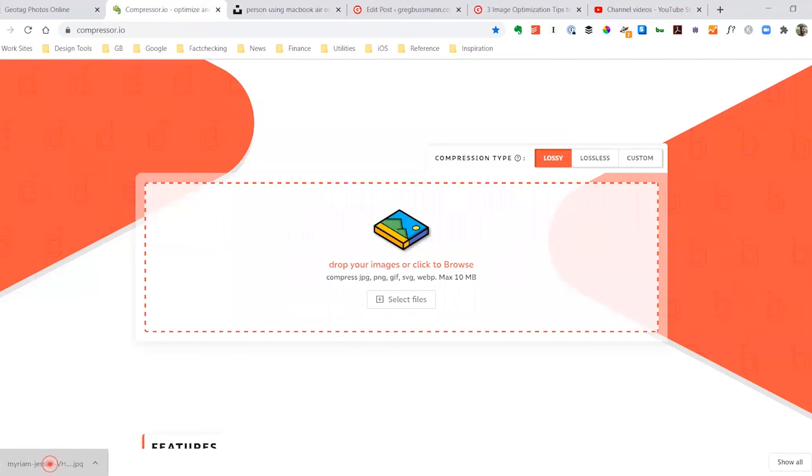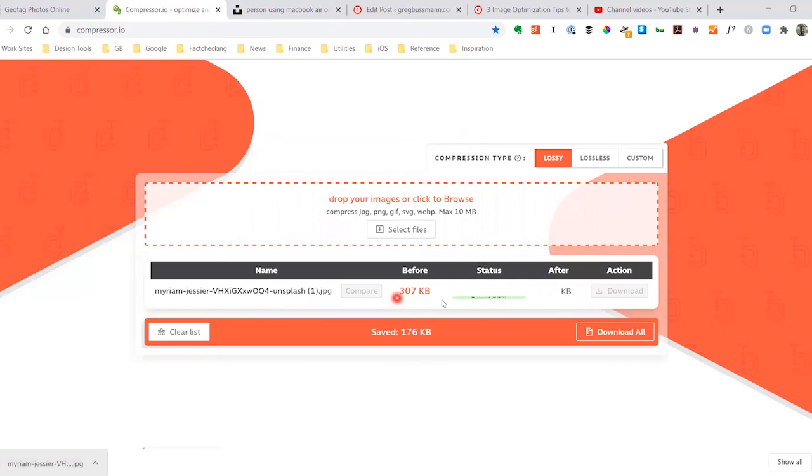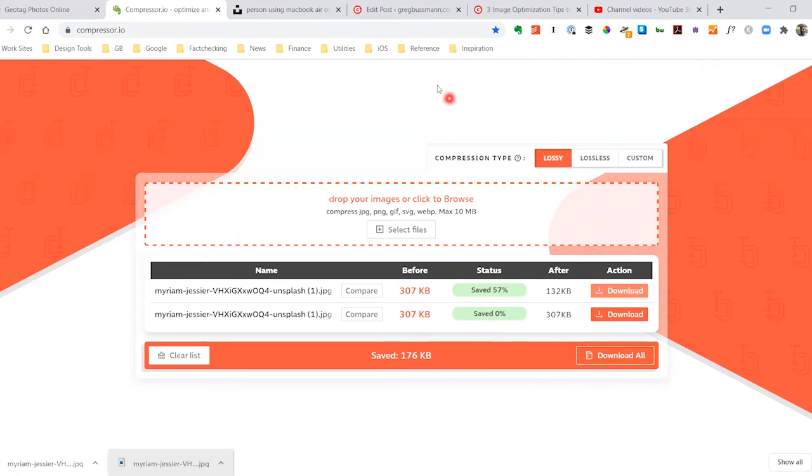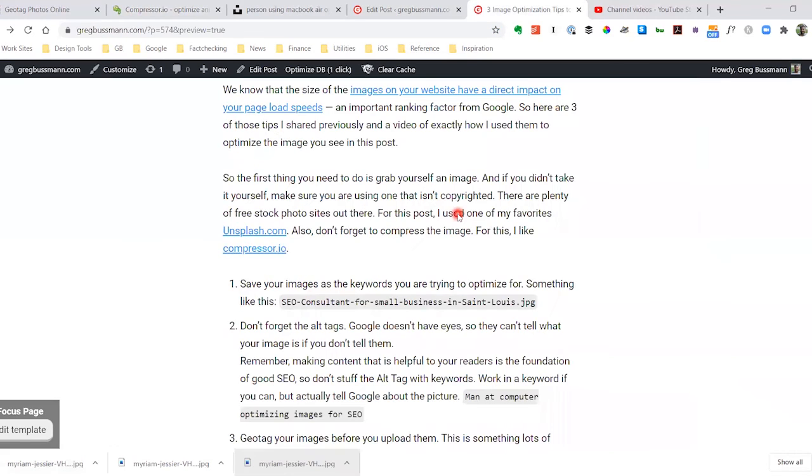So we'll drag the image we downloaded over to this box. You can see here that it was a 307 kilobyte image to start with. We saved almost 60% of the size down to 132. Okay, now if we go back to the blog, the first tip here